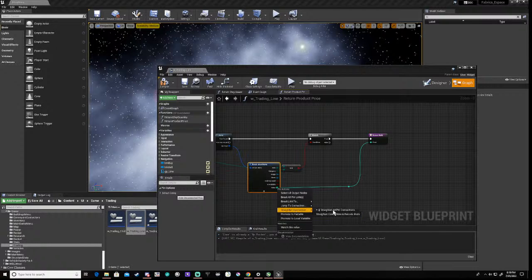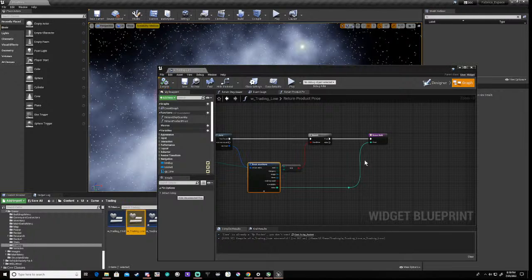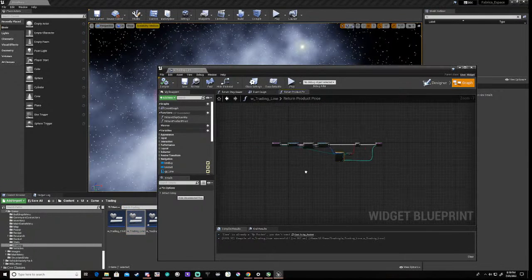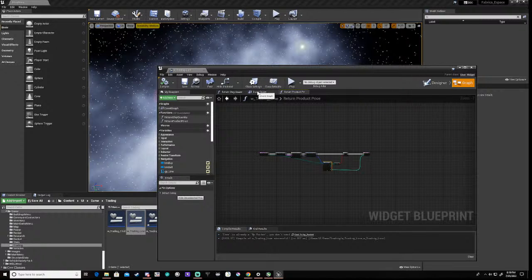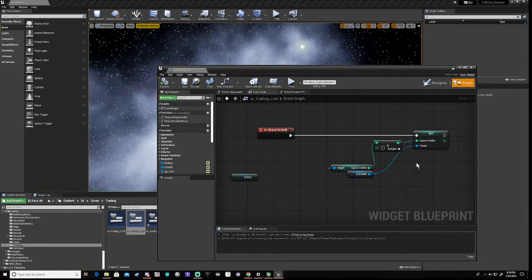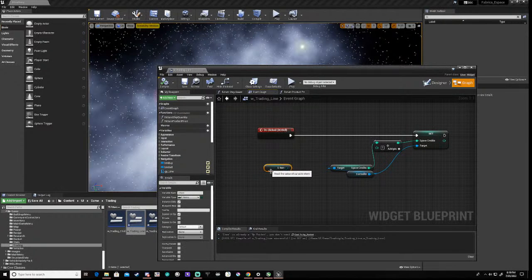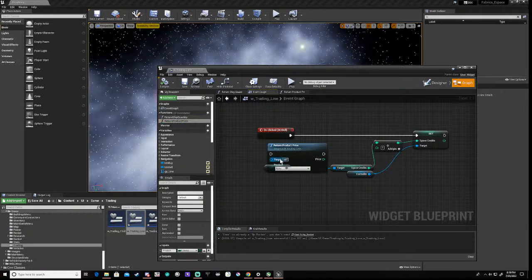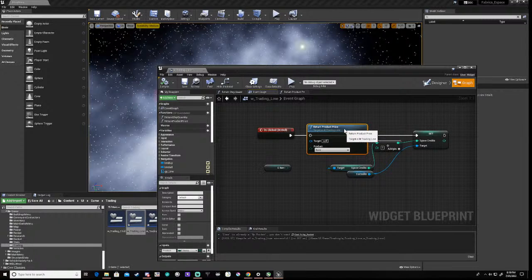Right, so we need to straighten the connection here. So what we're doing here is we've got a function that gets us a price of a product, right? And we're using it in here. So we're going to have to return the price of the product. And we multiply it